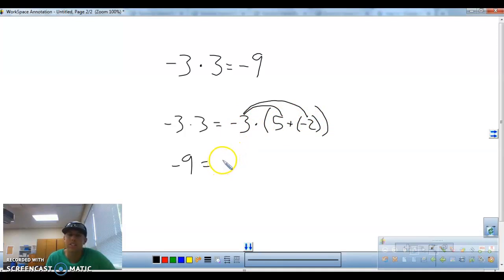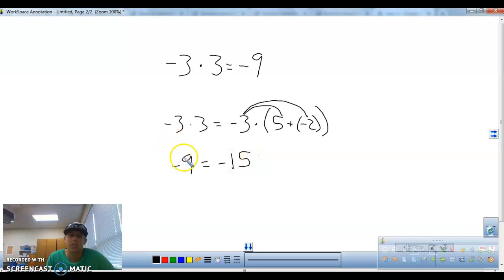So, you can pause it there, think about it. Again, let this digest. Get a feel for what's going on. We're distributing this negative 3 to everything inside the parentheses. Well, what is negative 3 times positive 5? Well, we just found out a negative times a positive gets you a negative. Negative 3 times positive 5 will get you negative 15. Okay? Now,